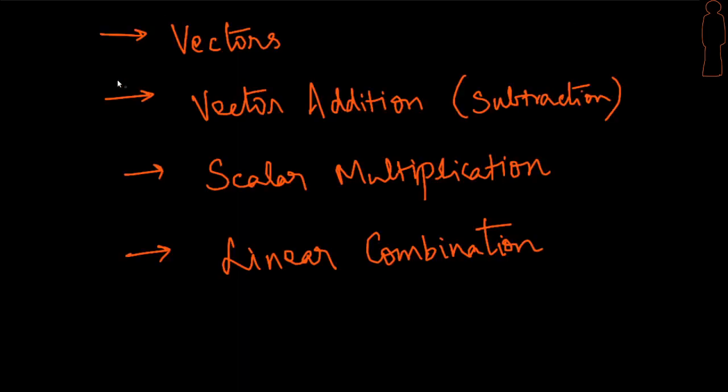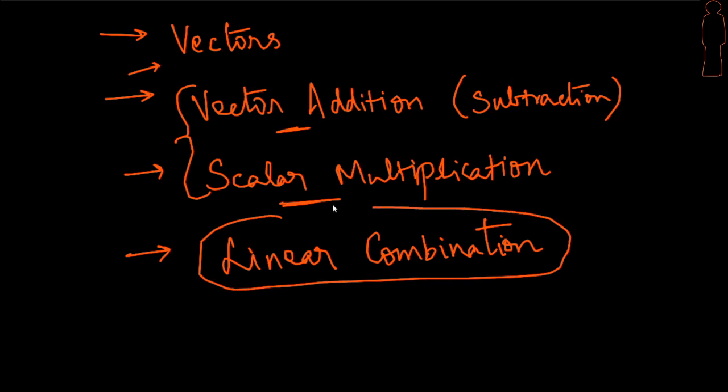Okay, in this session we are going to look at the idea behind what vectors are, and what the different operations are that we can perform on vectors. We are going to be specifically looking at only two operations: vector addition and scalar multiplication. There are other operations that one can perform, but in this session we are only going to focus on these two, and using them we are going to find out what a linear combination is. So let us begin first with the idea of vectors.